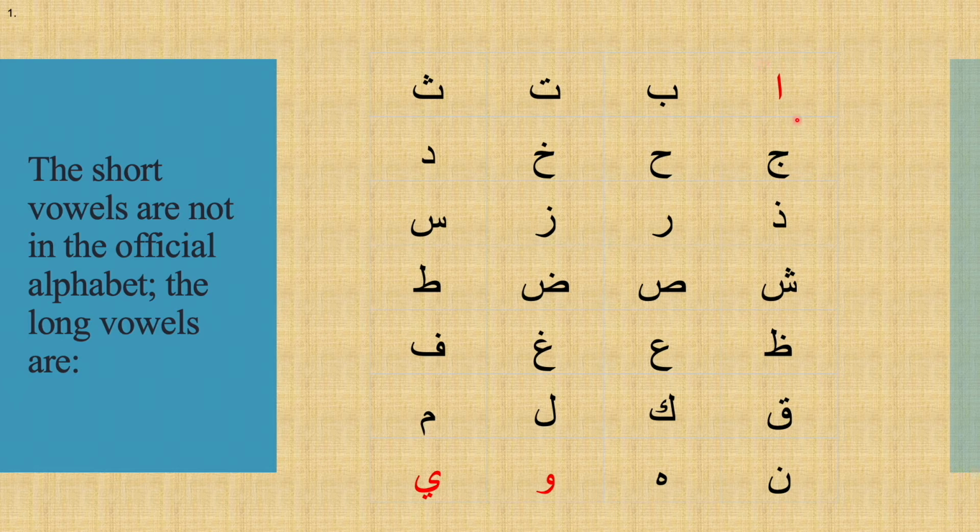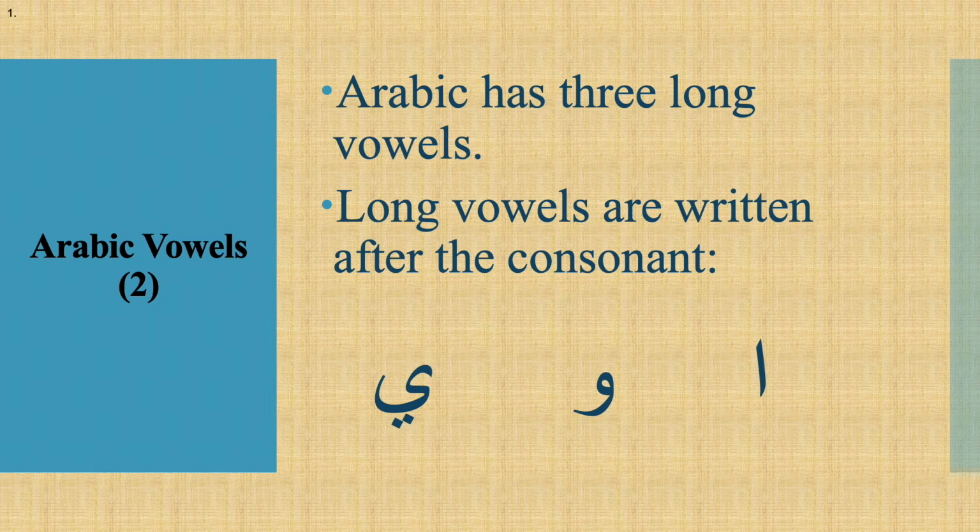Here they are. This is the long A, A. This is the long U, U. And this is the long E, E. Long vowels are written after the consonants. So if you write this here